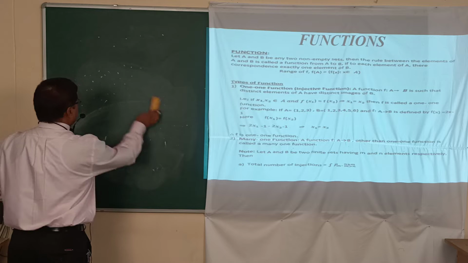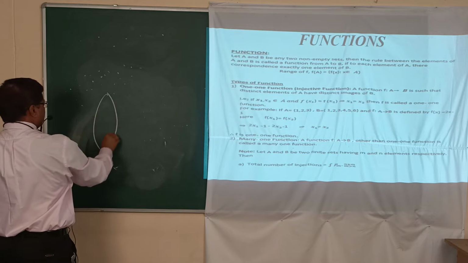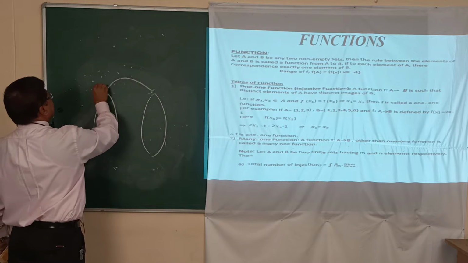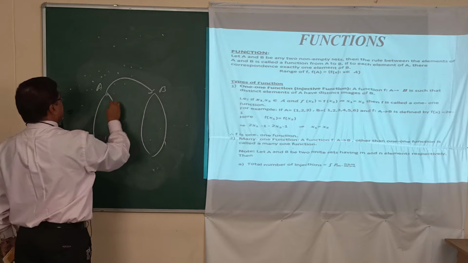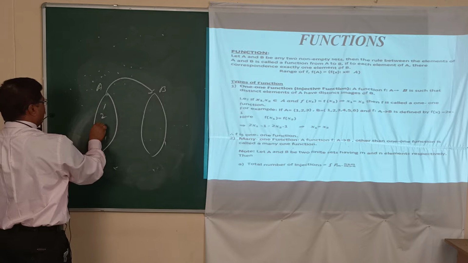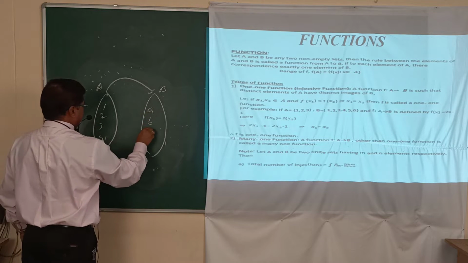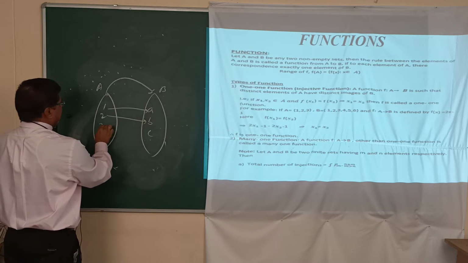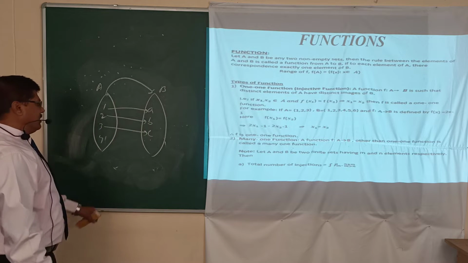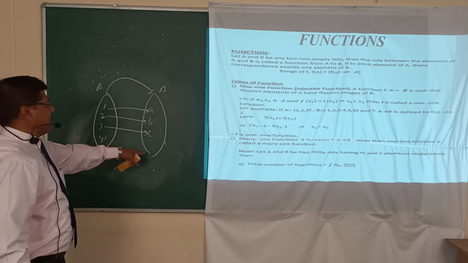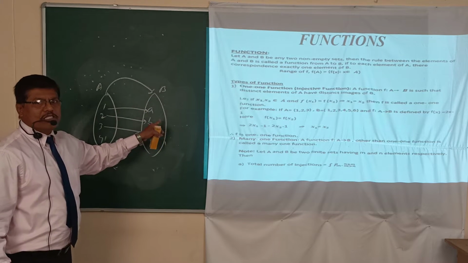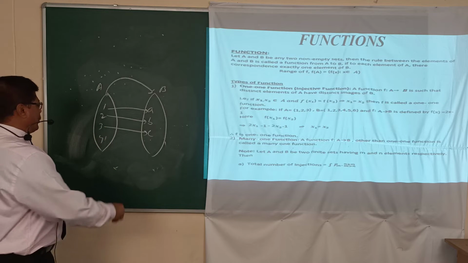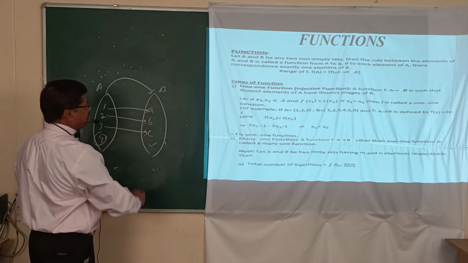You see one more example. This is also not a function. See, this is A and B, two sets. A is related to B by some relation R, with elements 1, 2, 3, 4 and A, B, C. 1 is related to A, 2 is related to B, and 3 is related to C. But 4 is not related with any member of set B. So this is a relation but not a function, because the image of 4 is not present in set B.